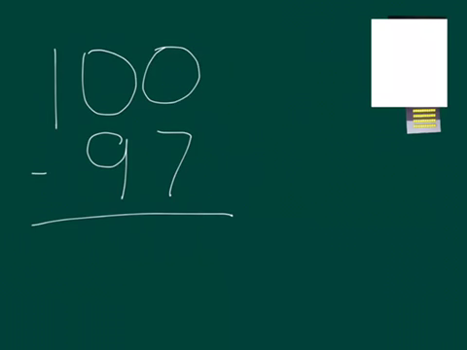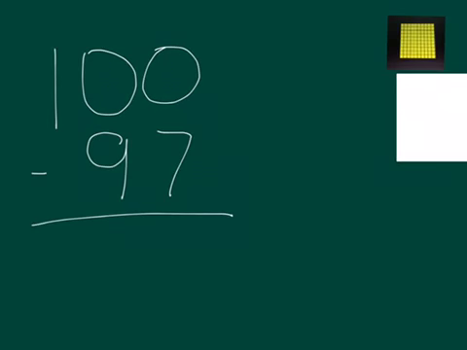Now, what we learned about subtracting in our previous flip video is that when you look at your ones column, if you have more on the floor, you go next door and get 10 more. Well, in this problem, there's nothing next door. What do we do when that happens? How do we solve that? Let's think about what this problem looks like